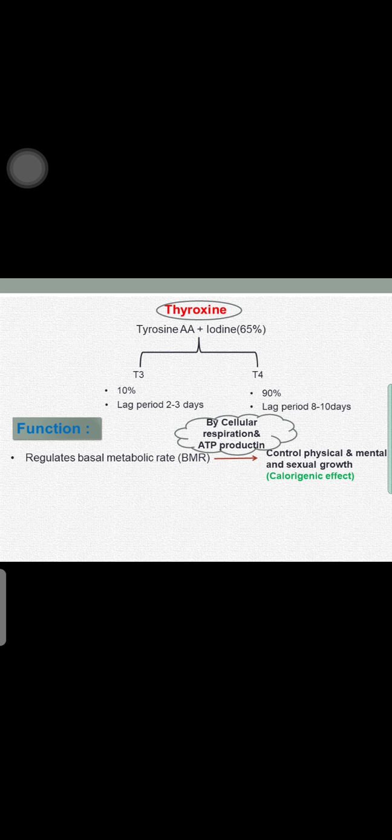Calorigenic effect is produced by regulating the basal metabolic rate under the influence of the thyroxine hormone. Another function is homeothermy in warm-blooded animals. Homeothermy means that the body temperature remains constant under the effect of the thyroxine hormone, and it can control